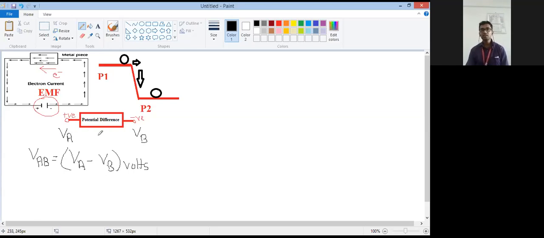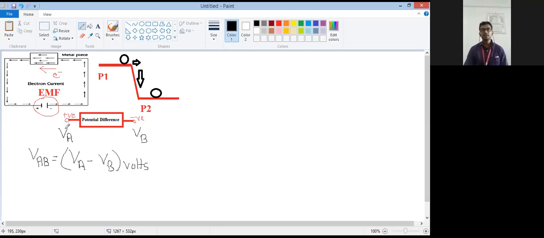So the potential difference between point A and B, listen carefully. The potential difference between VA and VB is given by VAB, which is given by VA minus VB. See on screen, VA minus VB. So this will be a positive potential difference because, as you know, A is at higher potential. So from a larger value, you are subtracting a lower value. So this potential difference will be positive.